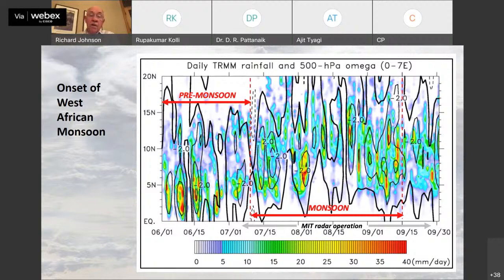And these are averages of the daily TRMM rainfall and the 500 millibar vertical motion field between 0 and 7 east. So this encompasses the most dense area of soundings. And one can see we have a region,